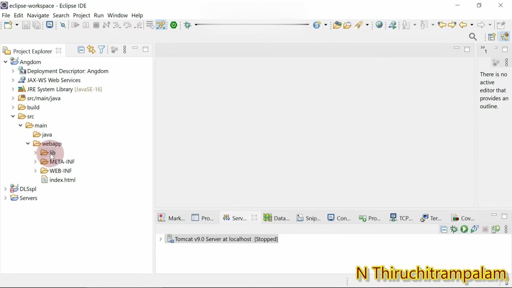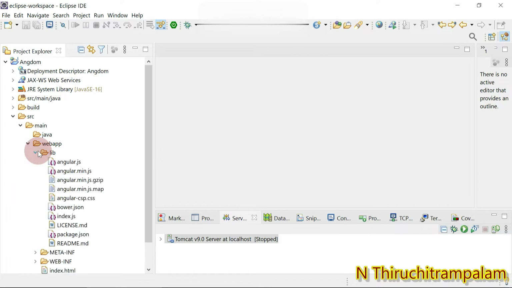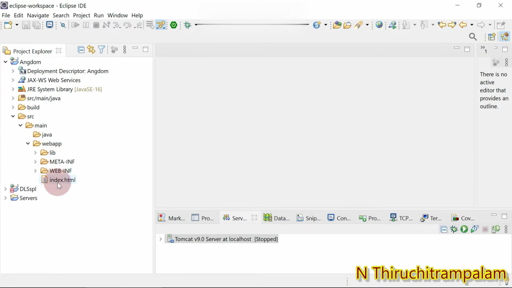Underneath you can see the lib. In this lib folder I have placed all the AngularJS files. Then I have created an HTML file named index.html underneath web app.